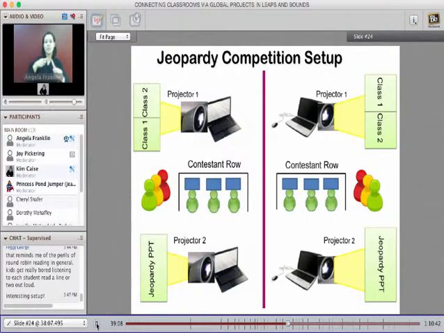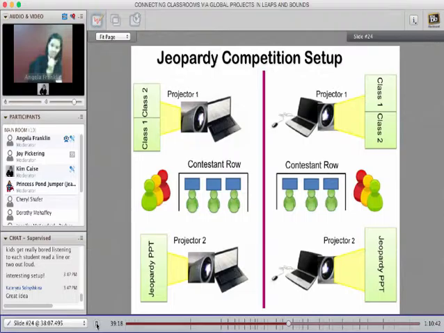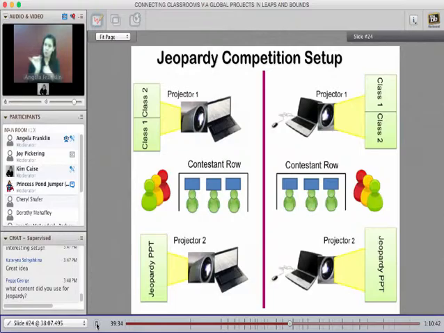And if they didn't get it right, then it went back to the other classroom to see if they got it right. And then if that person didn't get it right, anybody in contestant row in either classroom, then we went to the audience. And this is how we made sure the audience was participating, the audience meaning the other students. They also had to work every problem that contestant row did, so that everybody was participating.